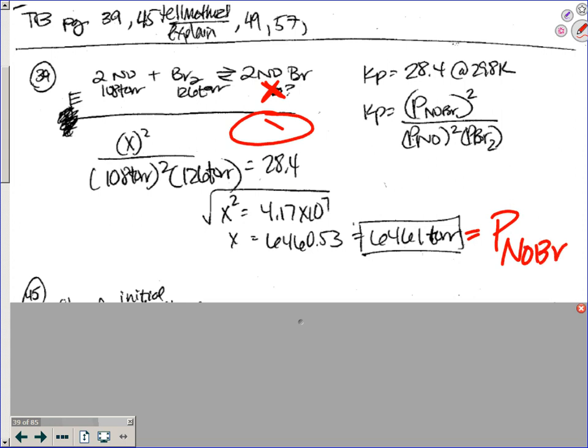Now, if you had an ICE box and you were solving for x separately, that would be a single entity. So therefore, this would have been equivalent to 2x, so you would have had to multiply by 2 at the end, but I just called it x. You could have called it cat and solved for cat, and you could have done that. Okay. All right. So for the next one,